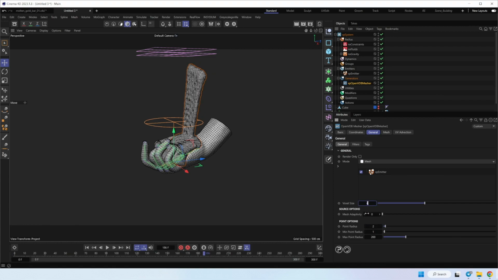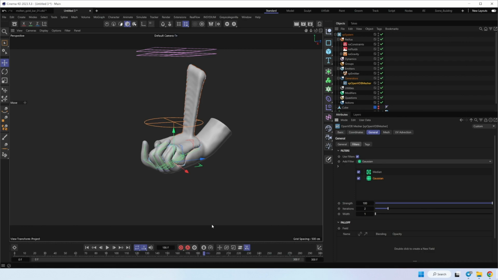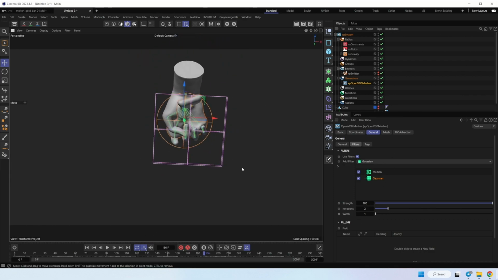And for voxel size, let's try 2. And inside filters, we have to add Gaussian blur. And here I think we can add a duration. We check and turn off particles. I think it looks nice.